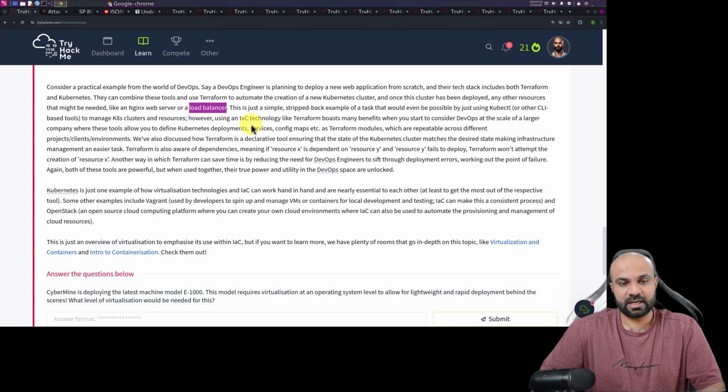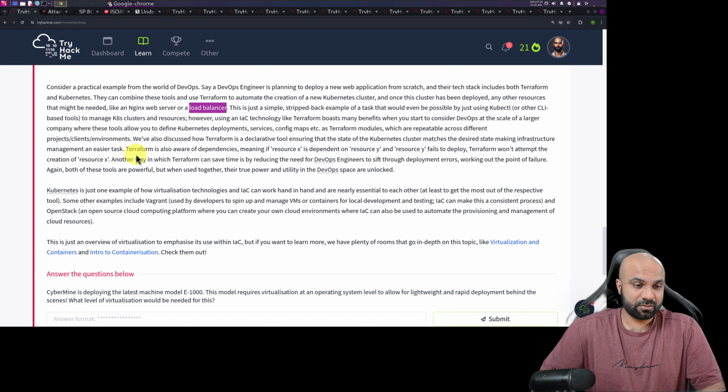However, using an IaC technology like Terraform boosts many benefits when you start to consider DevOps at the scale of a larger company, where these tools allow you to define Kubernetes deployments, services, config maps, etc. as Terraform modules, which are repeatable across different projects, clients, and environments. We have also discussed how Terraform is a declarative tool, ensuring that the state of the Kubernetes cluster matches the desired state, making infrastructure management an easier task.